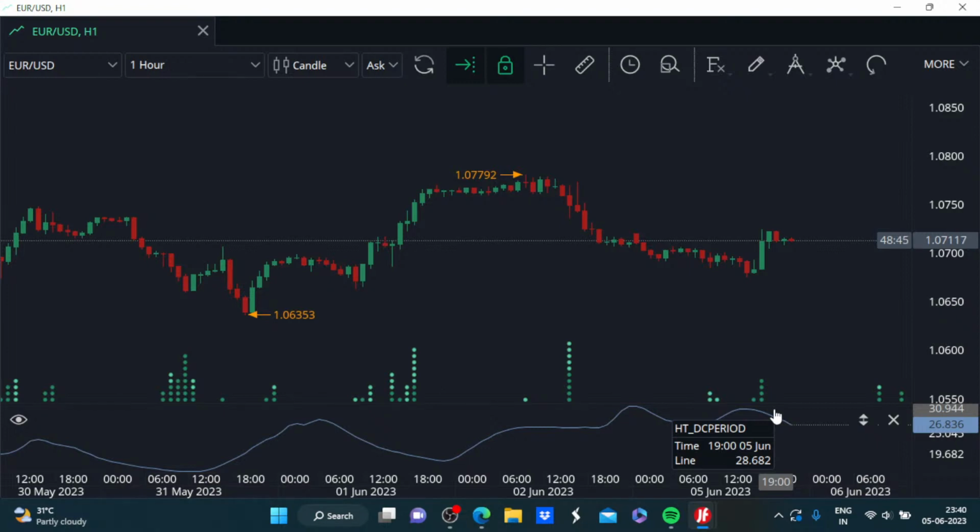And only if the current dominant cycle starts to show signs of picking up again, we should get involved for the existing